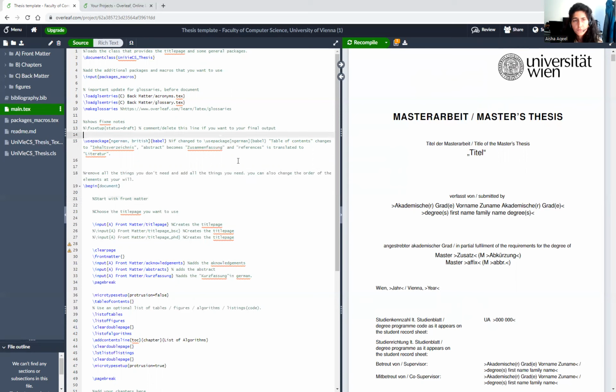If you look on this side, usually in the templates the document class is thesis, and if it's a manuscript, you will see some other classes available from the template of the publisher.